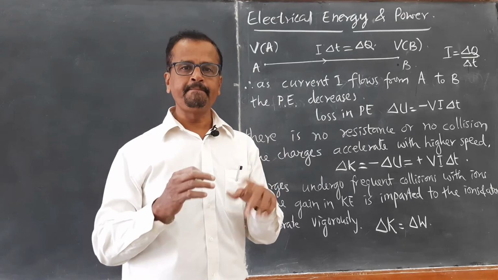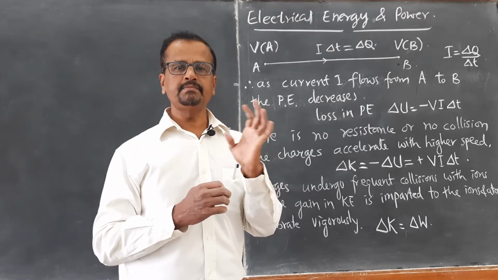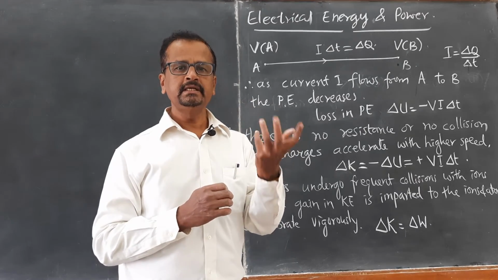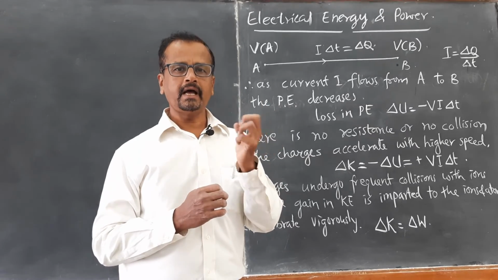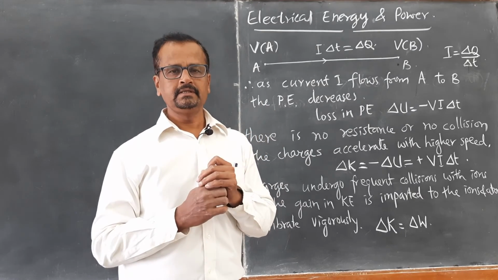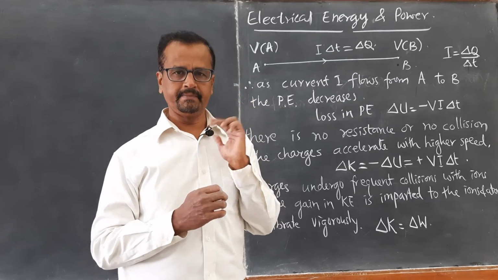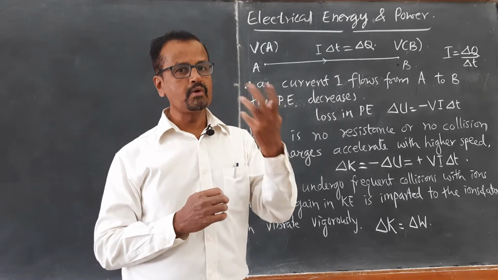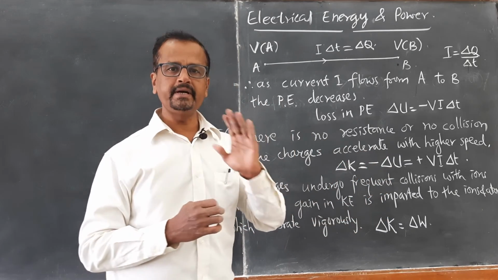That is the reason why the nichrome coil gets heated up strongly once the current is passed through. The main reason is its little bit high value of resistivity and high value of resistance. So, at a steady state it will have a very high temperature because of more and more number of collisions. The atoms and ions vibrate vigorously.